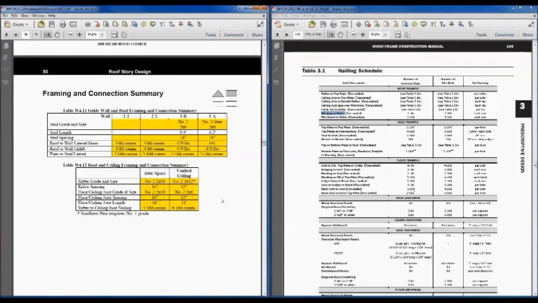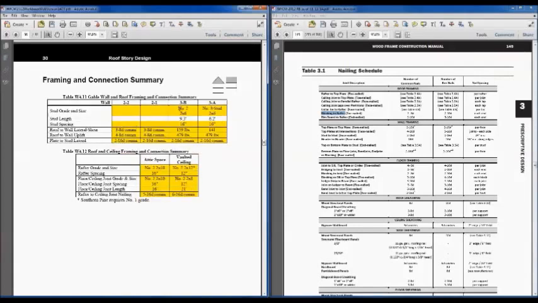Michelle and Lori, I'll give you a heads up as soon as I finish this summary table. We're going to be ready for some questions, but take a look at page 30 because that provides a nice little summary of everything that we've worked through as far as the stud length, stud spacing, roof to wall connections and loads, and then for our roof and ceiling framing and connections, we've got what's required for the attic space,